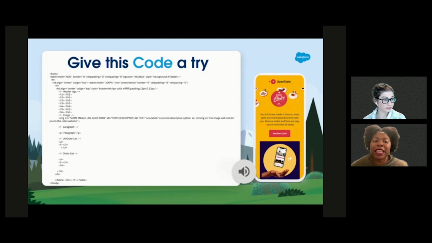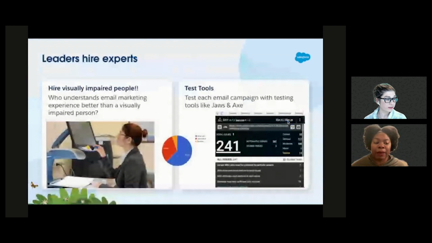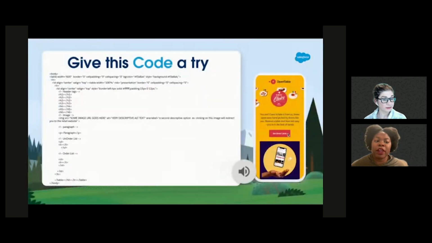And they don't have to hit the select button so many times, because the visually impaired community hits the tab button over 20 times per email, guys, just to get through one email. It's almost exhausting for them. Let's try to fix that.